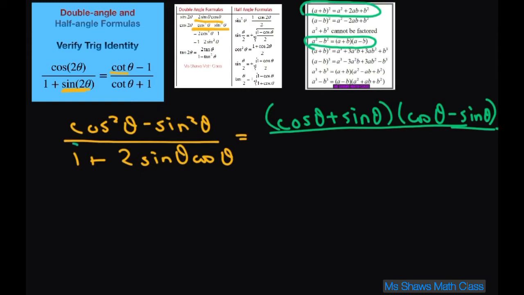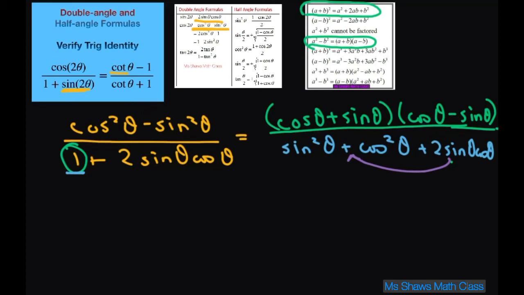If we write 1 as our identity of sine squared theta plus cosine squared theta, that equals 1. So I just substituted that. Plus we have the 2 sine of theta cosine of theta. Now it has this form. It has the form. If I move this in the middle here,